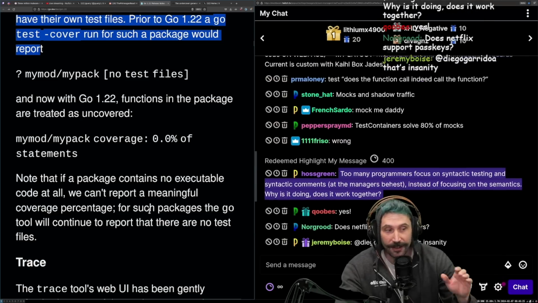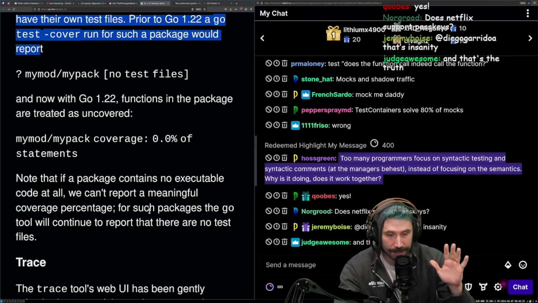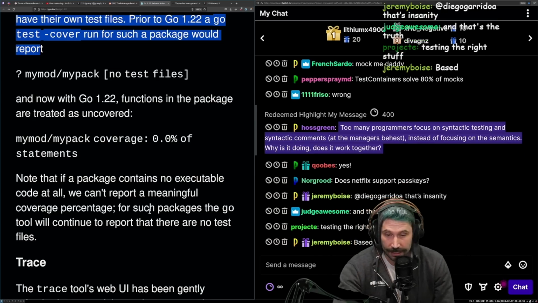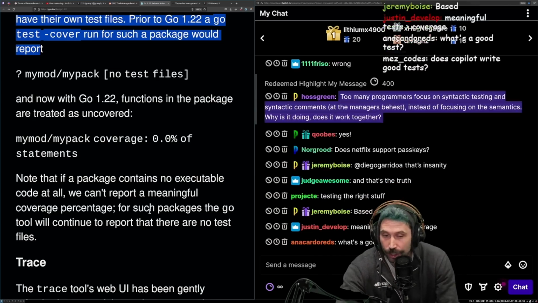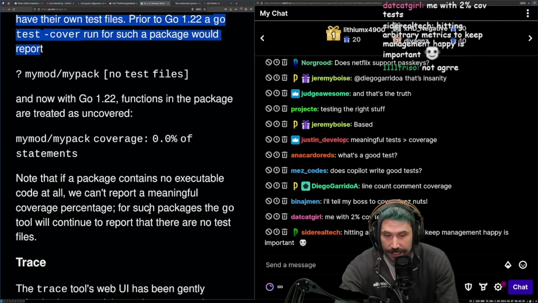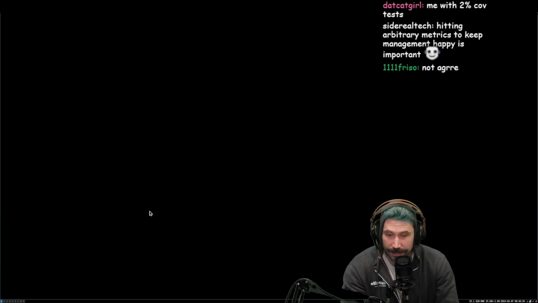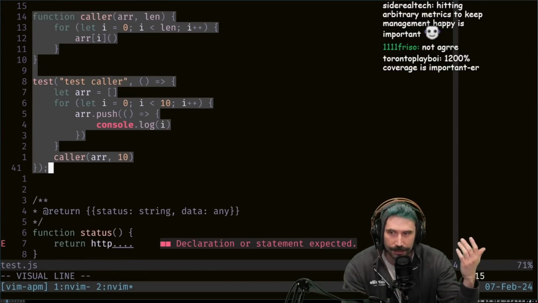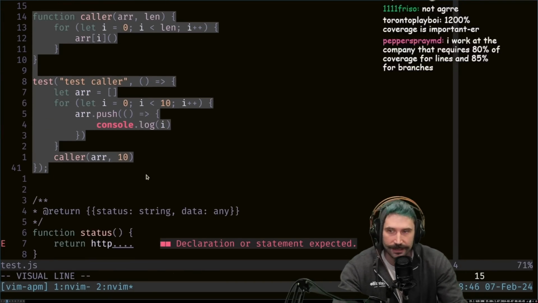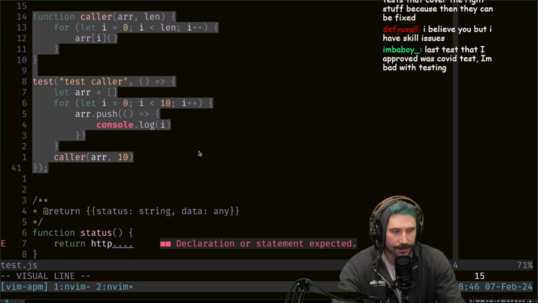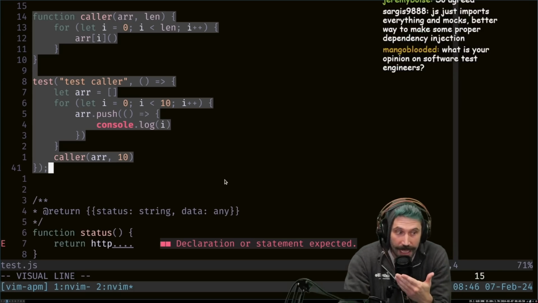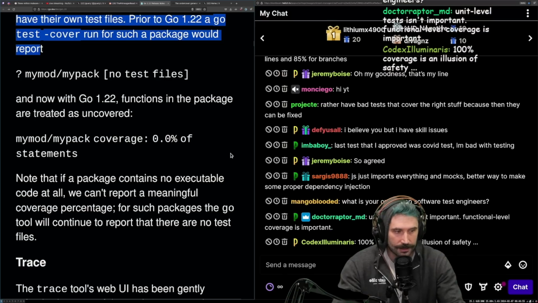I would rather have 5 great tests that cover 40% of my program than 100% coverage, because I can't make any judgments about how good or bad the 100% coverage tests are. Not agreed? I literally just gave you a case where I did it right here. We have 100% coverage right here, and it's an absolutely bullshit test. It tests literally nothing important. There's nothing important we've just tested here.